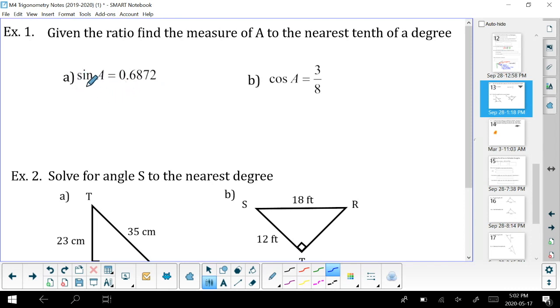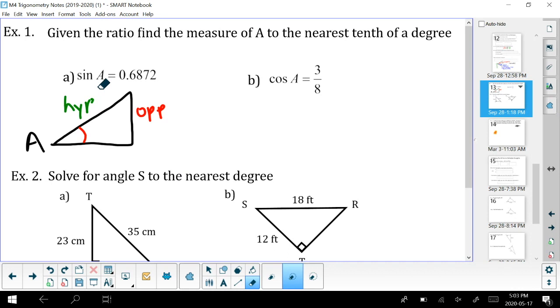But if I were to look at the sine ratio, which is the opposite side divided by the hypotenuse, and let's say, for example, I take a look at this angle, so let's say this is angle A. Basically, what I'm saying is I'm looking at the opposite side and I have my hypotenuse here. Now, in order to actually find the measure of angle A, we need to take the inverse sine of both sides. So we get angle A is equal to the inverse sine of